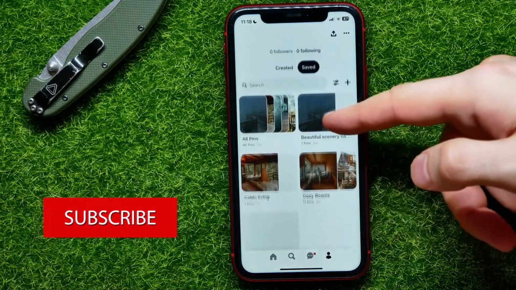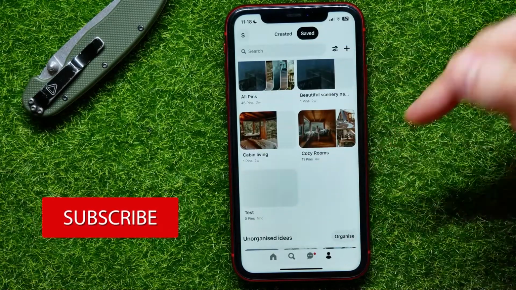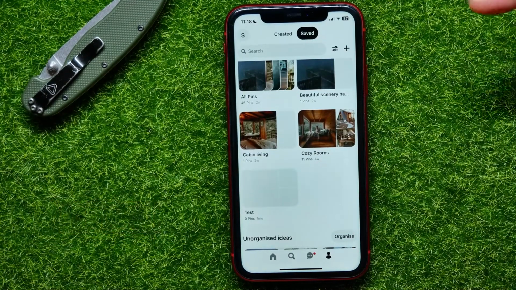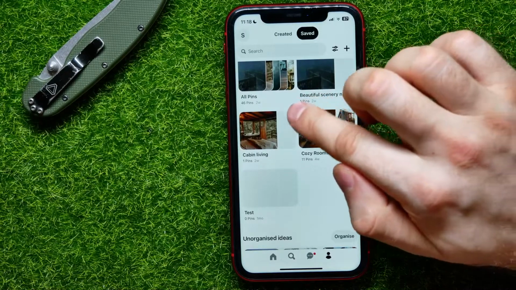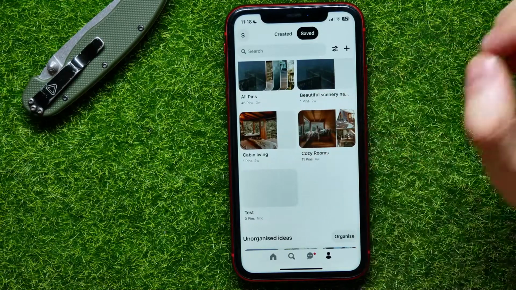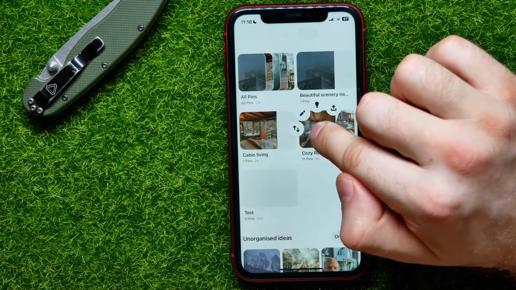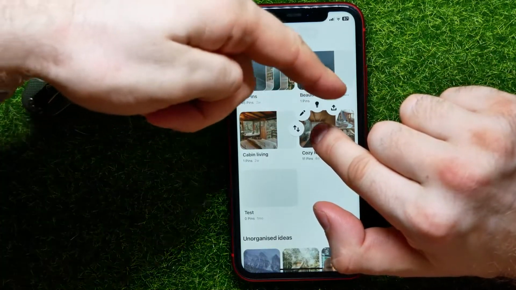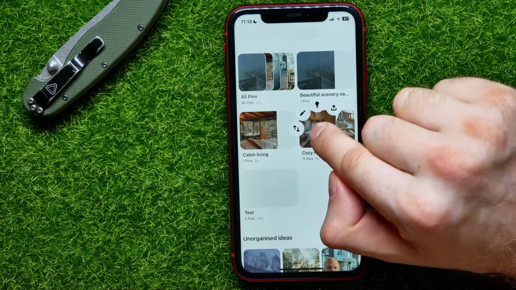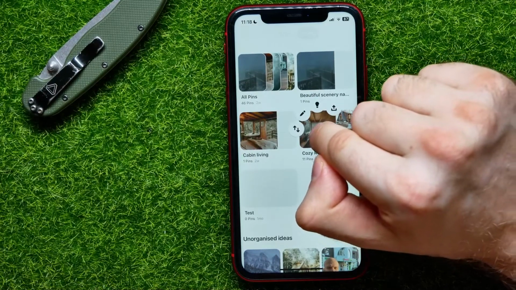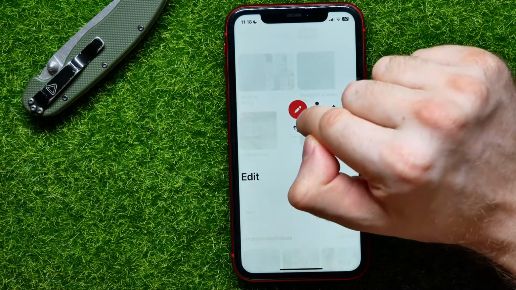Now I'm on my profile. Here I've got some boards, and let's say I want to change a board cover for that board. All I have to do is just hold down my finger on that board. It gives me four extra options, and now all I have to do is just move my finger to